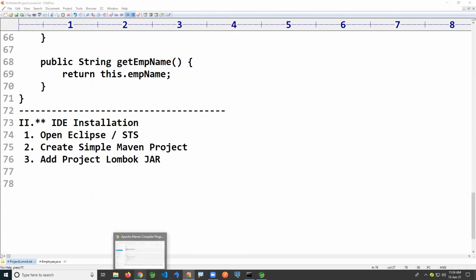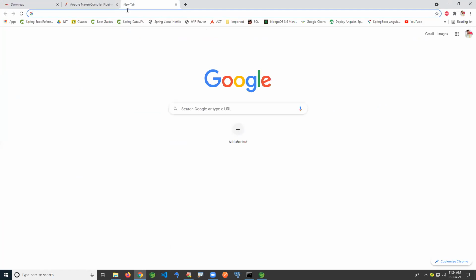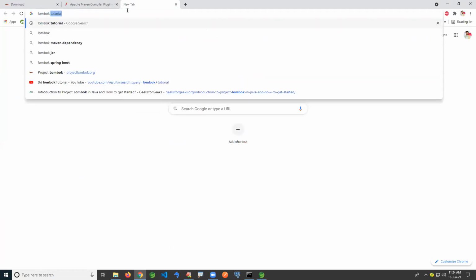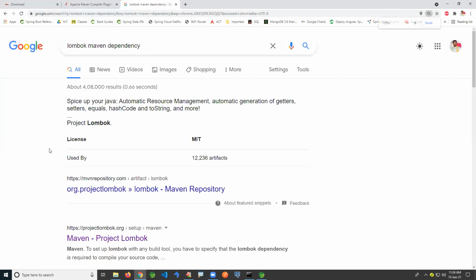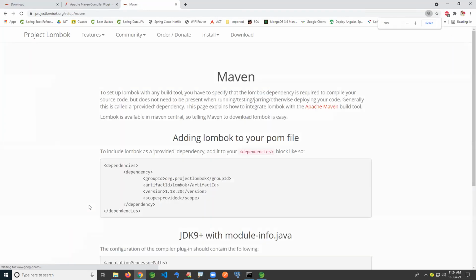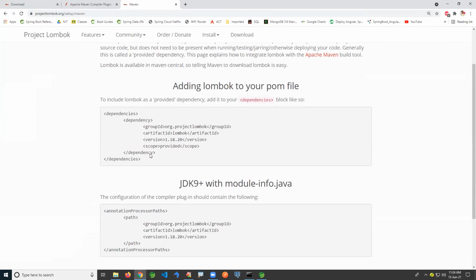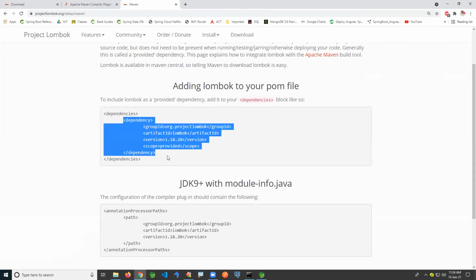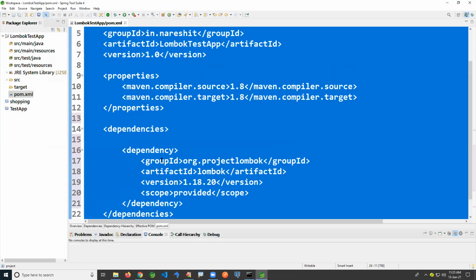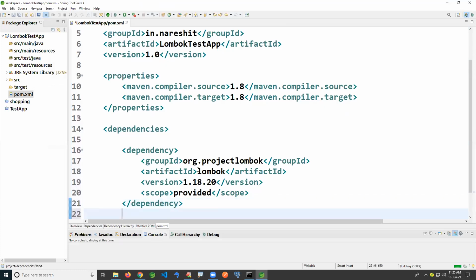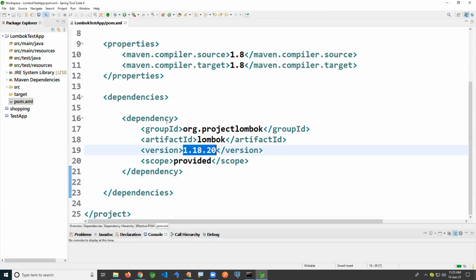Here you can go to the internet and type Lombok Maven dependency. You can click on this one, go to the official website and copy here. I'm copying this dependency and pasting it. It's the Project Lombok dependency. You can see the latest version is that one only.